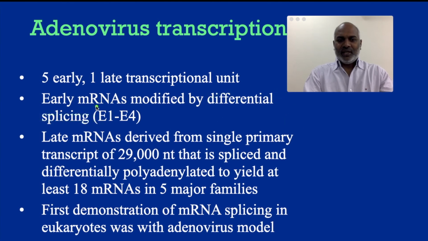Due to that, you get E1 to E4 proteins. The late mRNA molecules are produced from a single transcript of 29,000 nucleotides, which also gets spliced and differentially polyadenylated to yield 18 different types of